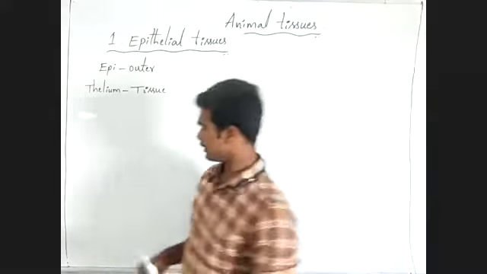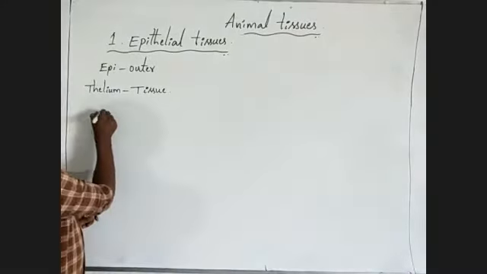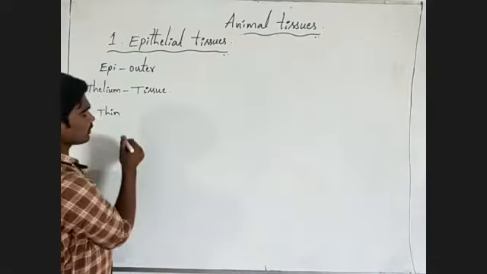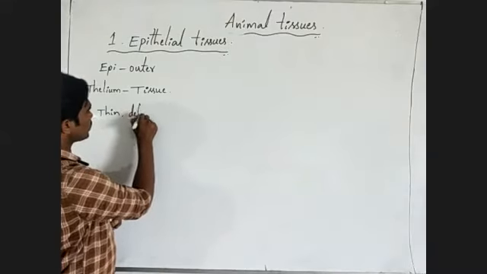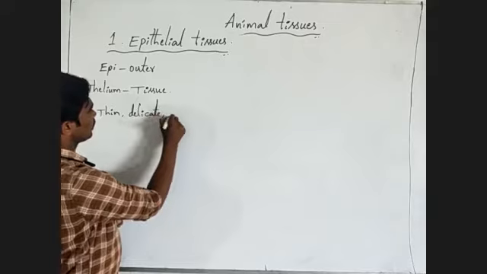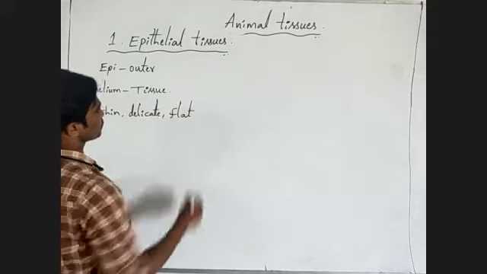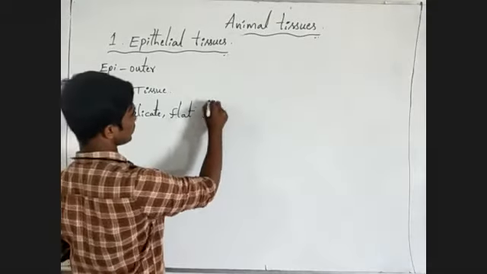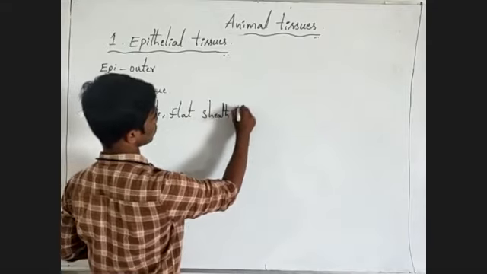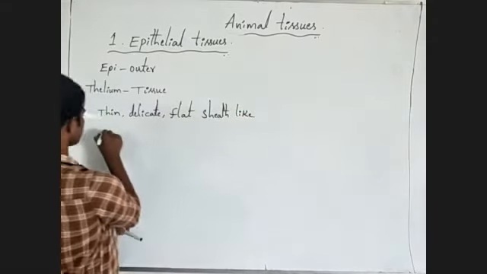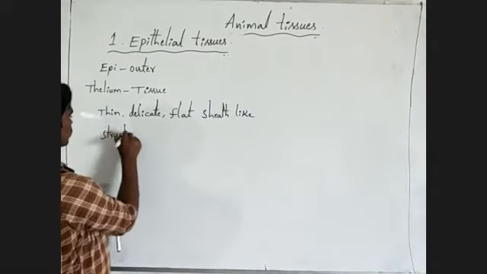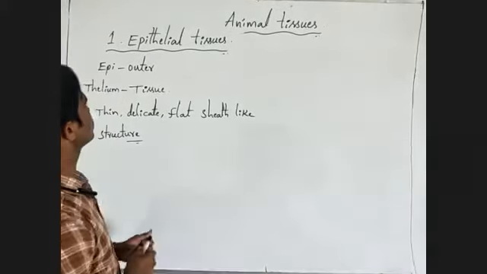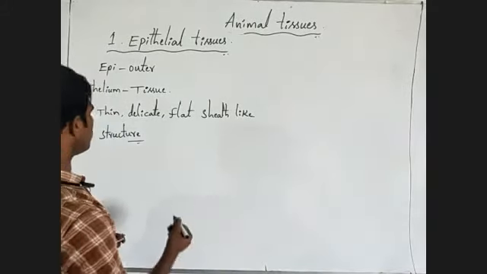Understanding? This is actually a very thin layer, a very thin and delicate layer. Next, a flat layer. Understanding? Very flat, a sheet-like layer, a sheet-like structure. Here, epithelial tissue.